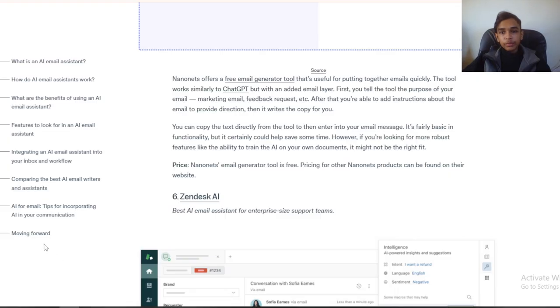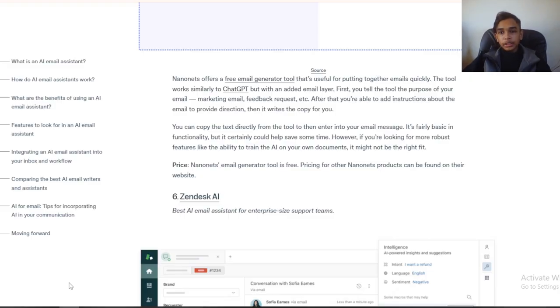First, you tell the tool the purpose of your email: marketing email, chatbot, feedback request, etc. After that, you are able to add instructions about the email to provide direction. Then it writes the copy for you. You can copy the text directly from the tool and then enter it into the email message.